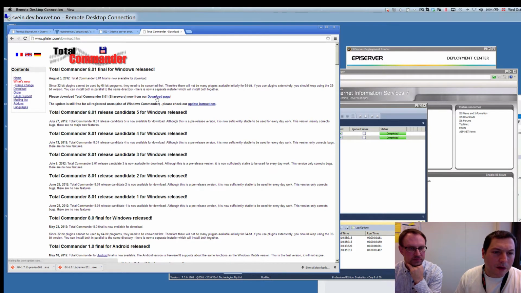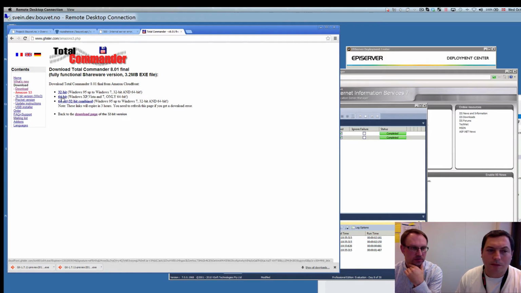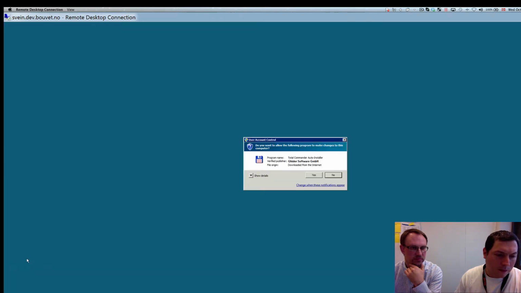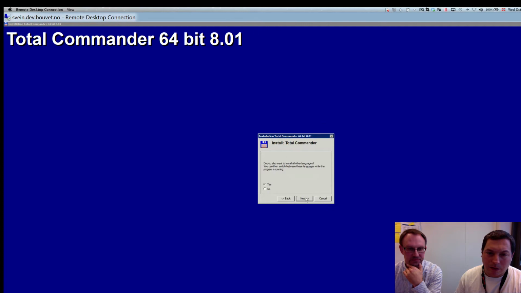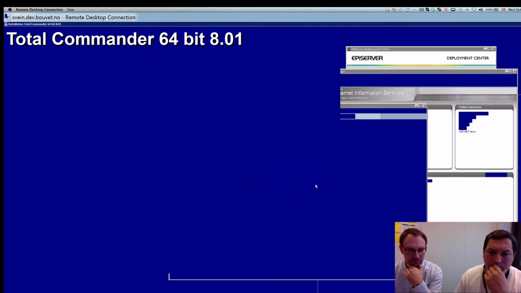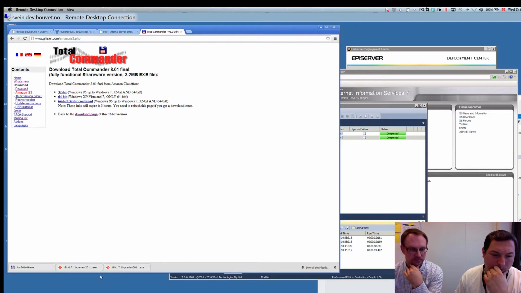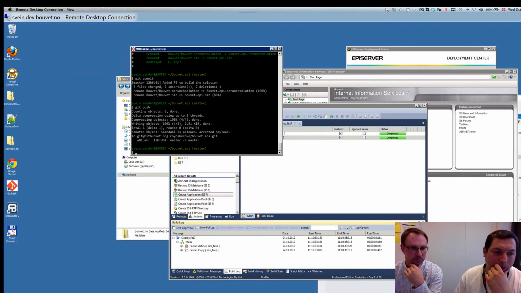Okay. Yeah, because we have access to both folders, so we could. Is this a 32-bit or 64? I'm a big Total Commander fan. Yeah. Okay. So now that we have TCMD installed here,